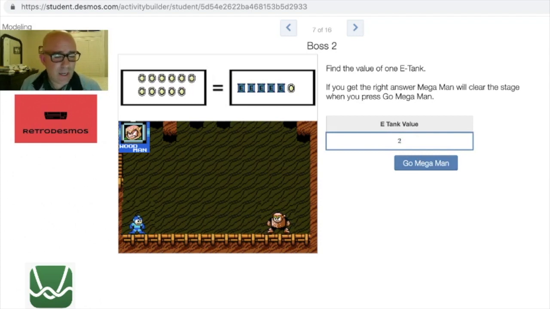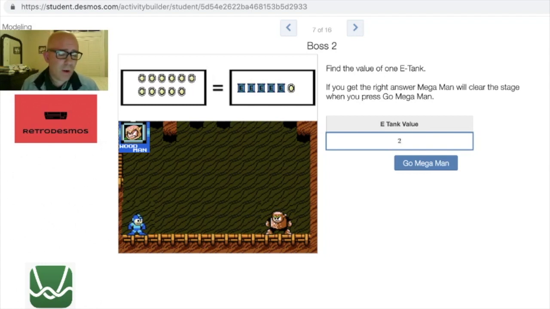And again, if a student is struggling with this, I would stop, I would build it out, I would have them physically take counters or whatever you want to use and have them match them up and place them on top of energy tanks. If I have an opportunity in this video, I'll put in a picture of what I mean from when I use this with actual